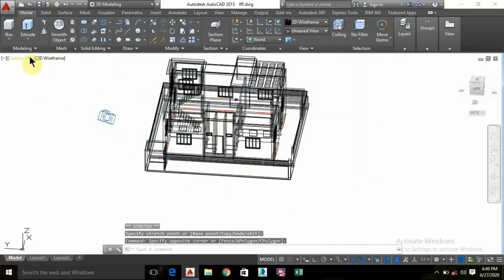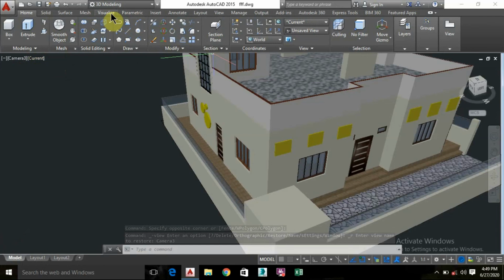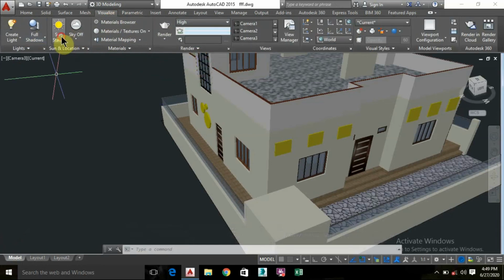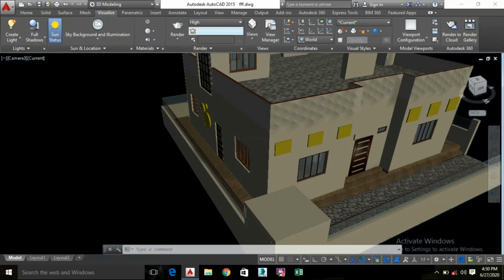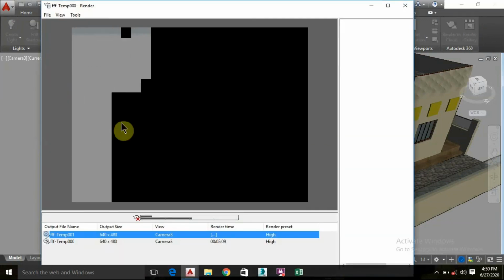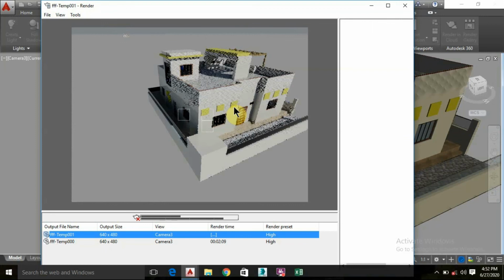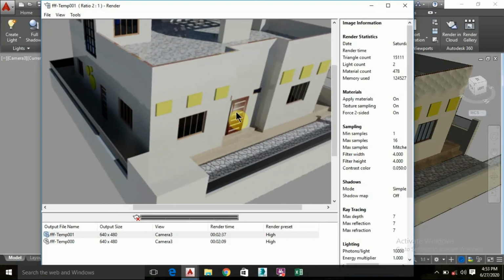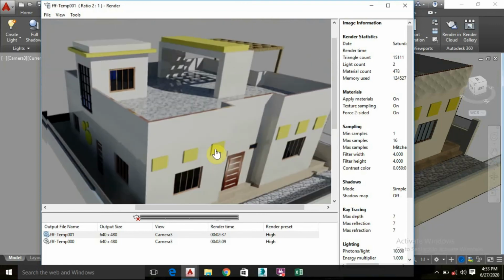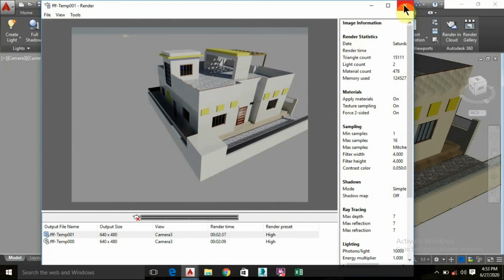Make the sun status on. All these sky options, I will make the sky background and illumination on. And now I will render this. Let's start rendering. Rendering is truly based on your camera position. Okay, so this is the photograph from the back side of my house. You can see it's looking very photorealistic. Okay, so in this way you can create the 3D renderings